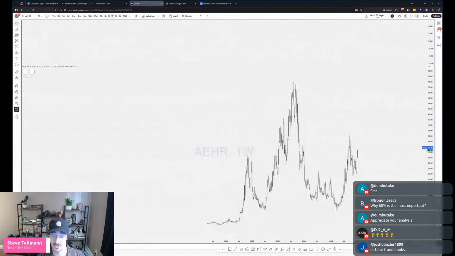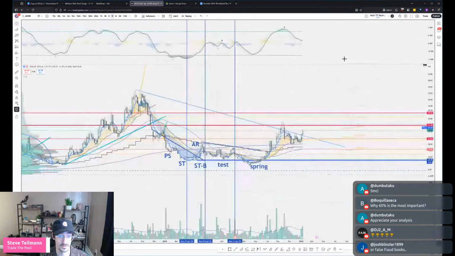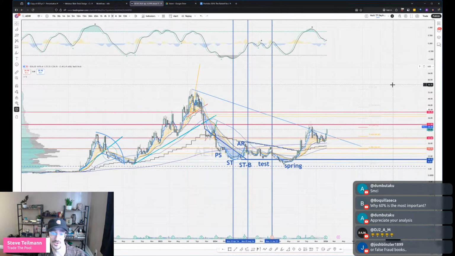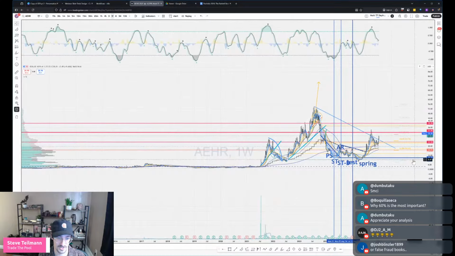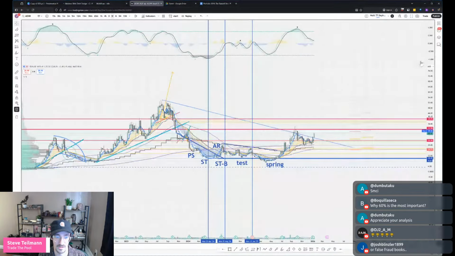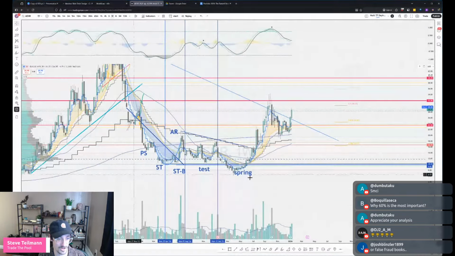Another great one, I did not play this one, but I might get involved. Still got a ton of room. This is AEHR. They test the wafers. So what they do is they have like easy bake ovens for semiconductor wafers where you bake them and then you can see if there's burnout. I don't know how it works exactly, but they save a lot of money by testing for burnout. And I'm pretty sure they make easy bake ovens for semiconductors. So as you can see, I'm in and out of this one for years now. Very heavily traded chart. But essentially what we're seeing with all these esoteric letters and everything, this is a Wyckoff accumulation